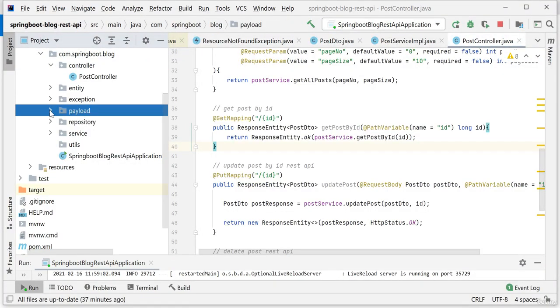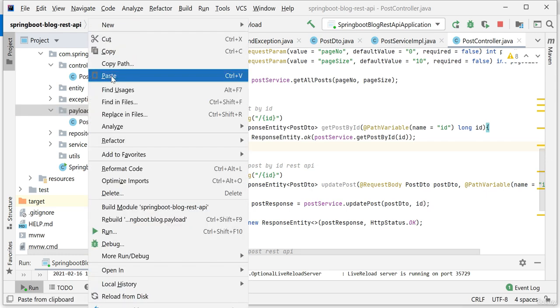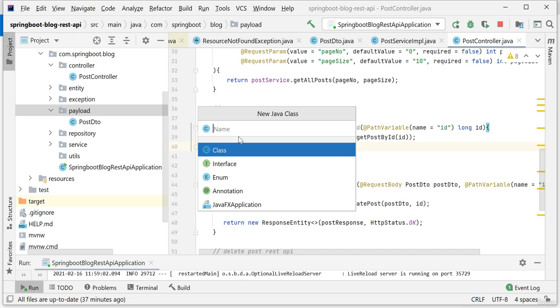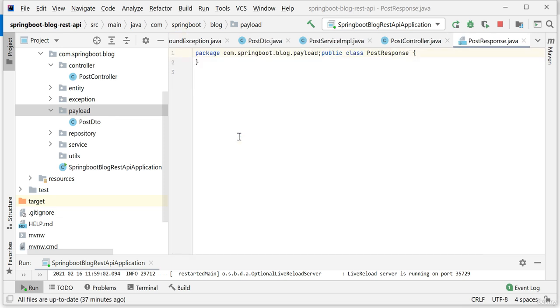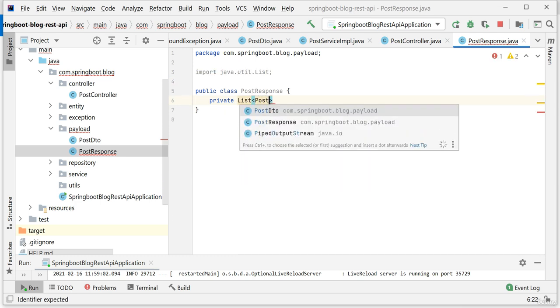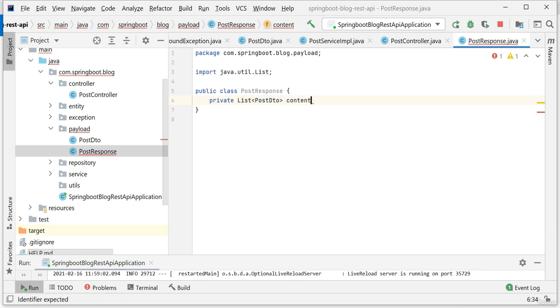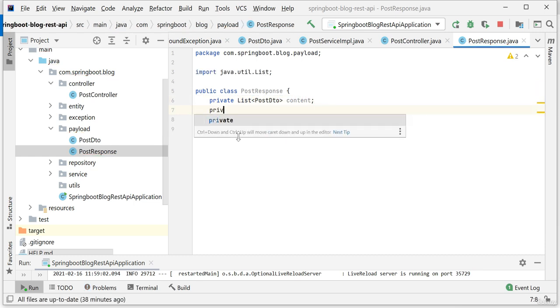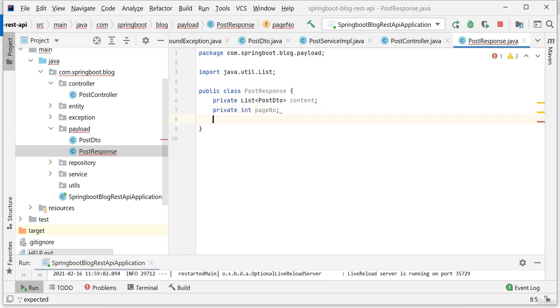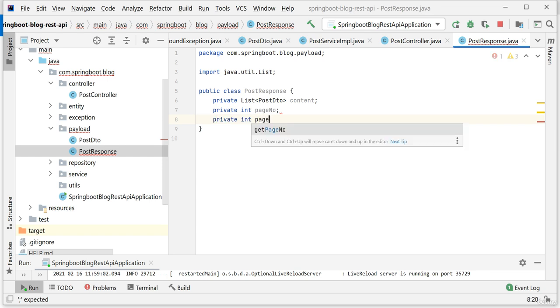So go to the payload package. Under the payload package, let's create a class. Right click, new Java class, and let's call it PostResponse. Alright, and let's create a few fields. Private list of PostDto, and let's say the variable name is content, and then private int pageNumber, private int pageSize,